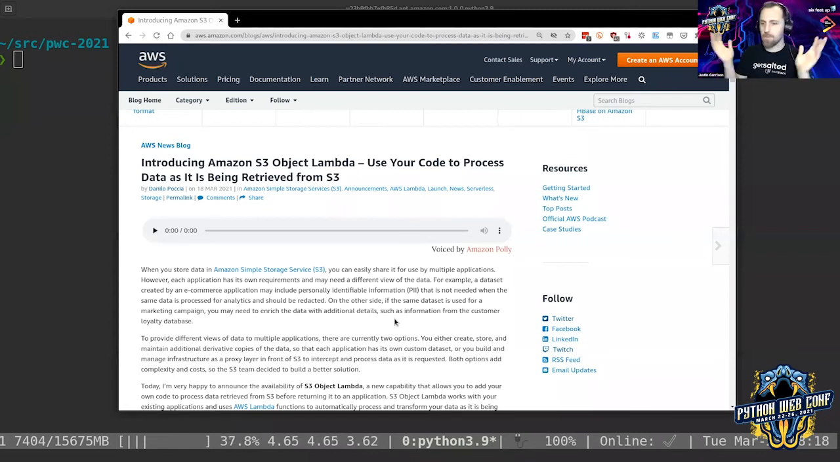If I have an S3 bucket full of images, I can put a watermark on all those images, or I can resize them on the fly. I don't need to store 20 different sizes of images in S3. I actually just say, hey, if you need